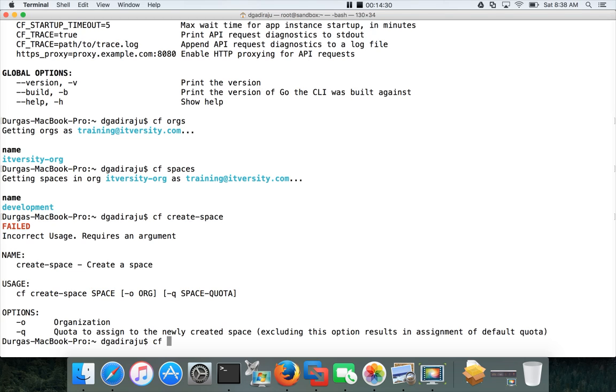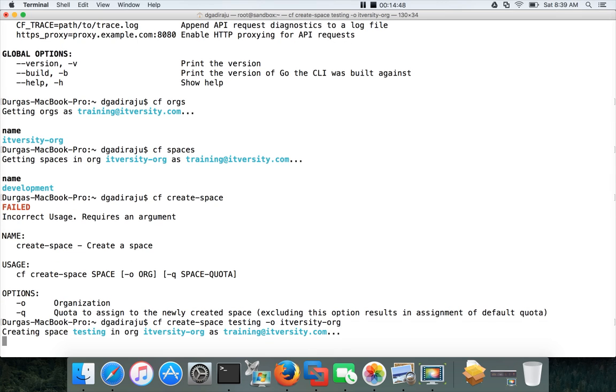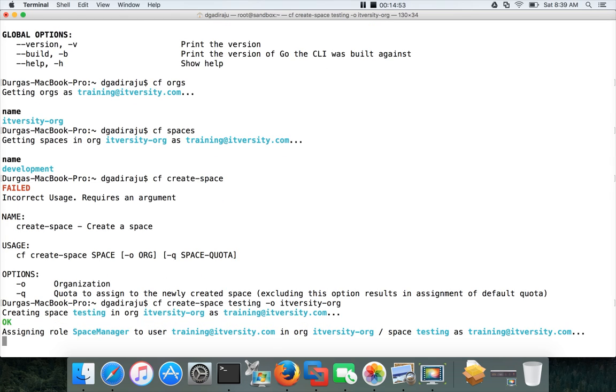So cf create-space, space name is testing. Under itversity-org, we already have the development space, which is the default space, and now I am creating a new one. So -o and the org name, which is itversity-org, and hit enter. So it will create a space in our Pivotal Web Services account,